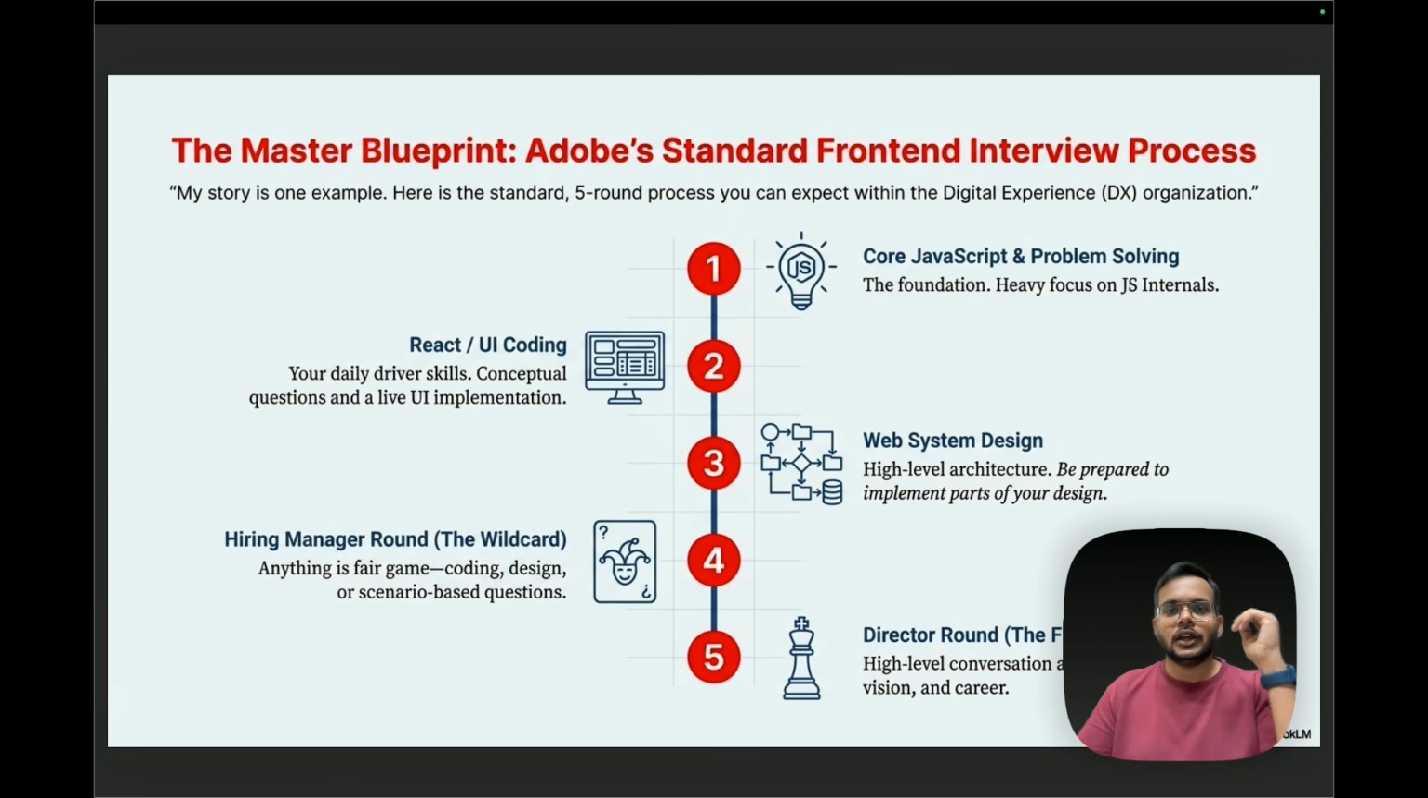Okay. Now the next round is web system design, which is like front end system design. Here you will be asked to design a system like, let's say, a news feed like LinkedIn, Facebook, Twitter, or a collaborative editor, or like Lucidchart, or anything, any web application is fair game over here. Okay. Now, heads up, while this is usually a high level architecture,